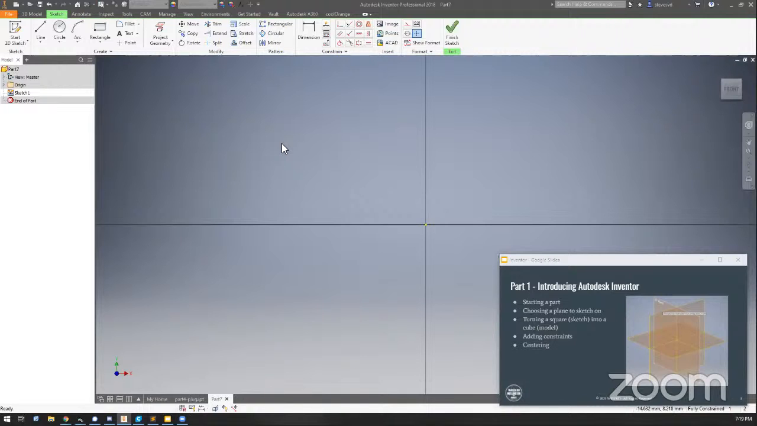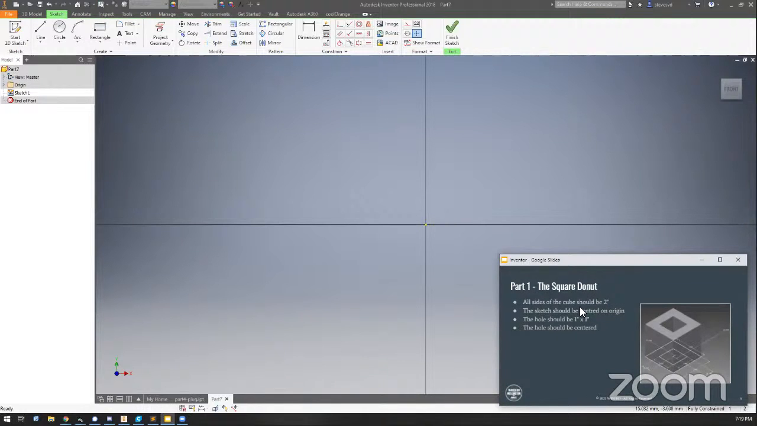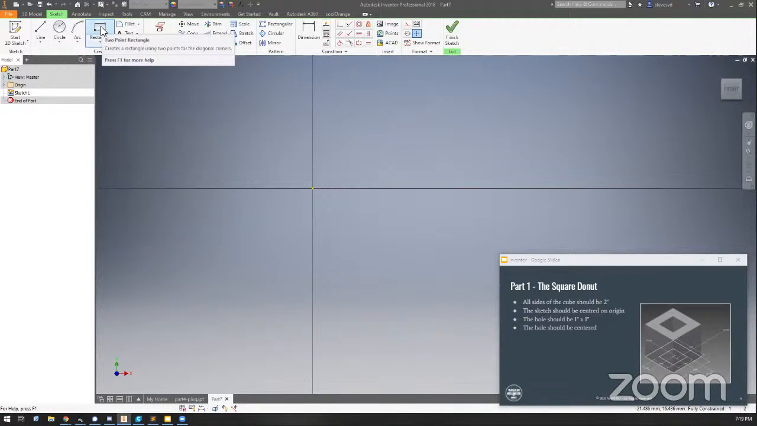So our first thing that we're going to do is draw a square on this. And what we're going to do is make a square donut. Okay, so to start, go ahead and pick up the rectangle tool. And you can see you have a set of crosshairs. Now, watch where I am placing these,